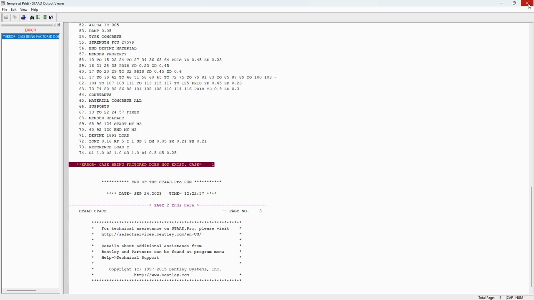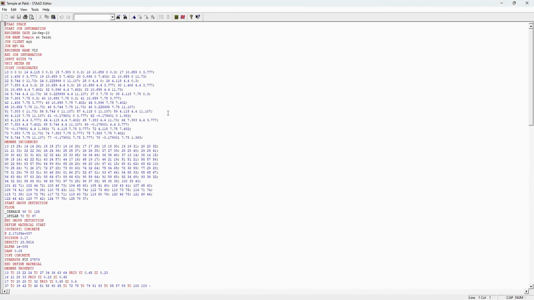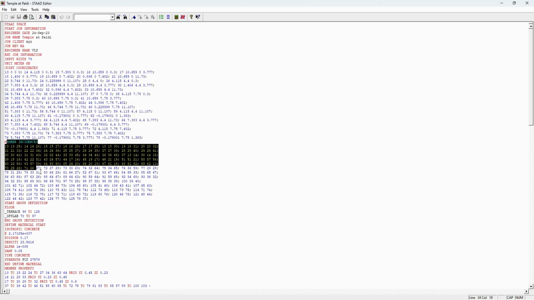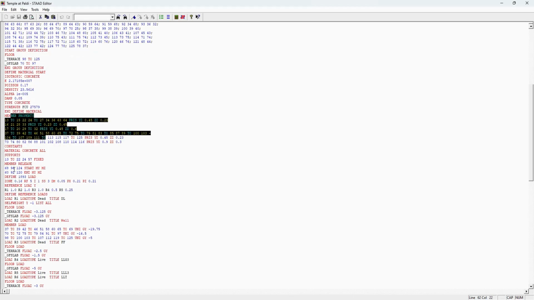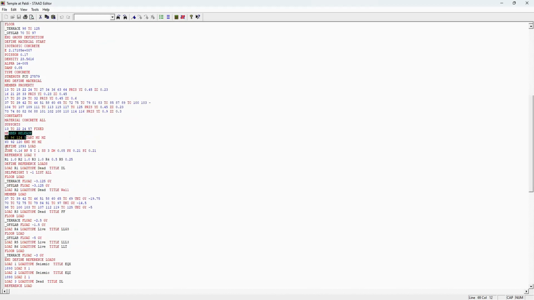Let us go to the input file to understand what happened. Let's go. It is the biodata of the structure that we have created. We can see it is the heart or the DNA of the structure. It shows everything that we have inputted. We have inputted the job definitions, the nodes, we have created the beams, the groups, we have added the materials, given the properties, given the supports, released the structure, given the seismic definition and the load cases being taken for that,